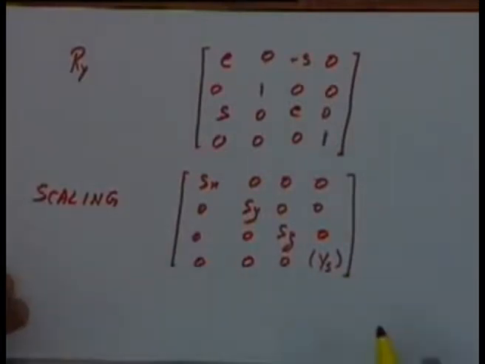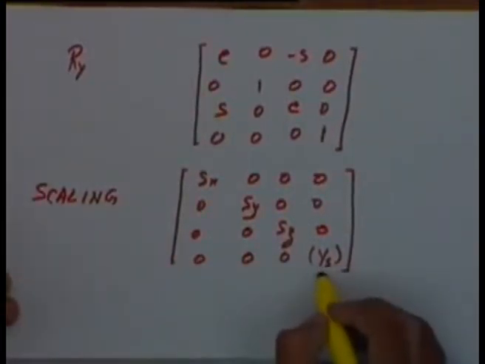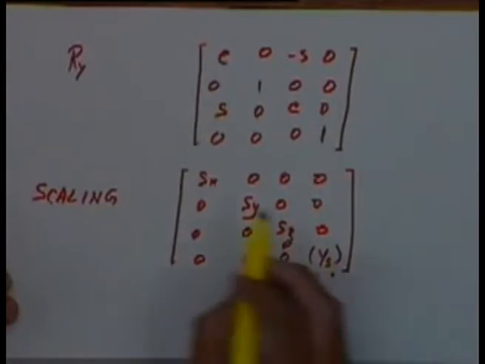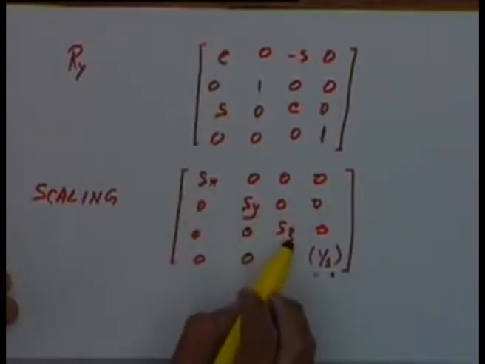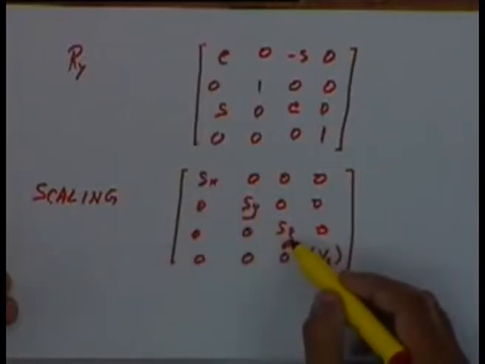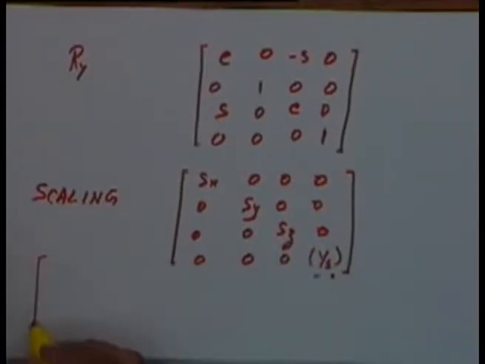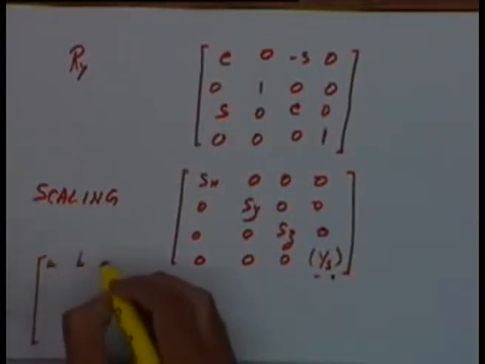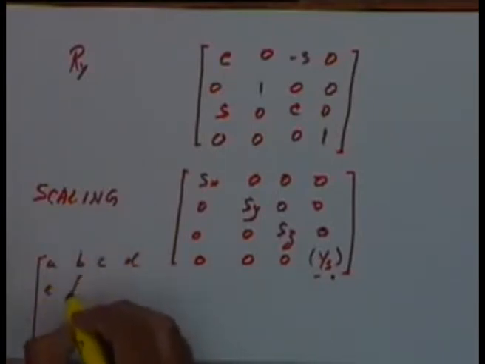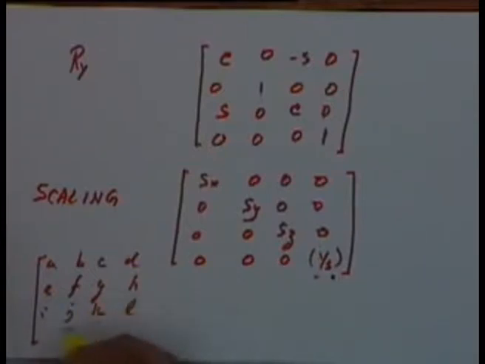Okay, where if you want to give a uniform scaling by a factor of s, we will only change the homogeneous coordinate. If you want to give a non-uniform scaling in the x, y and z direction, we will use Sx, Sy and Sz in the 3 diagonal terms corresponding to the x, y and z directions. Okay. And we also mentioned that if we have a general 4x4 matrix like this, then in this 4x4 matrix,